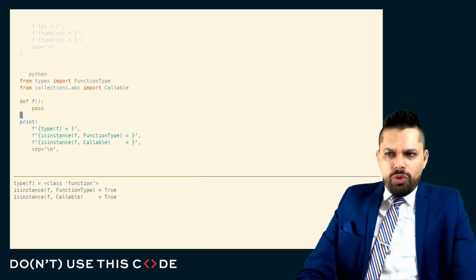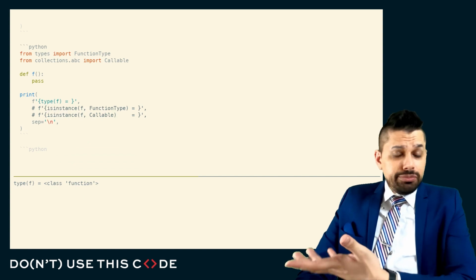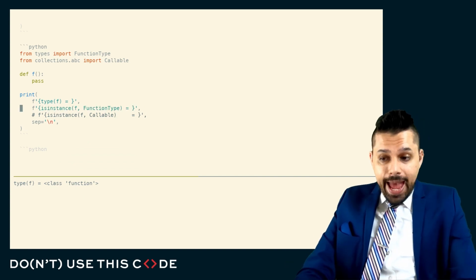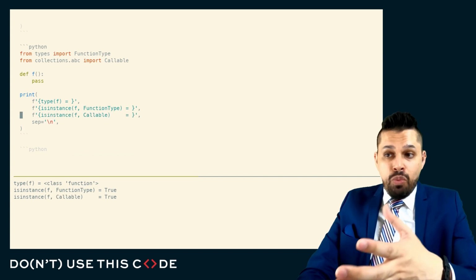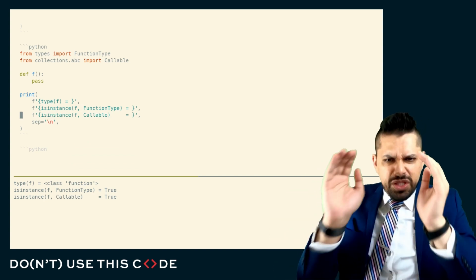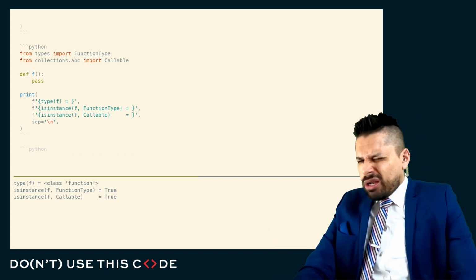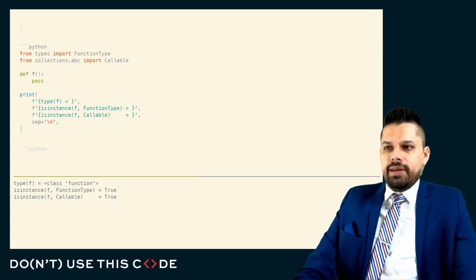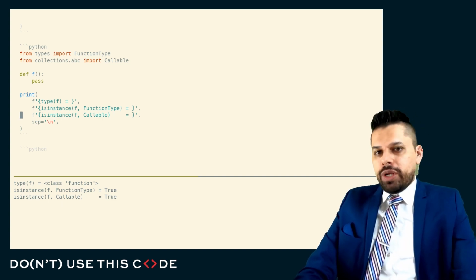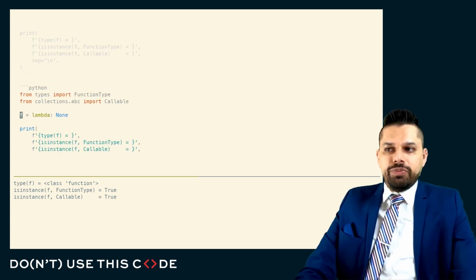If we look at f, we might ask, what is f? And clearly f is a function. And if we ask Python what f is, Python will say, yes, it is this function type. And it'll even say more broadly, it is a callable. It's something that you can put open close parentheses. So I'm not quite seeing where things aren't what they're called. I don't quite see the break in our terminology and how things are actually implemented.